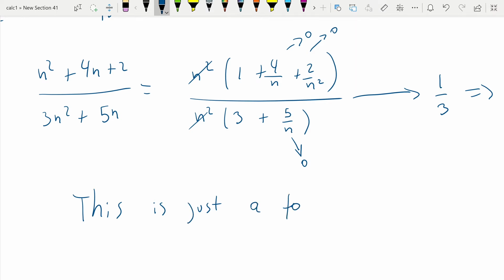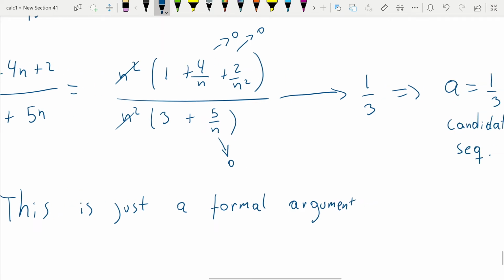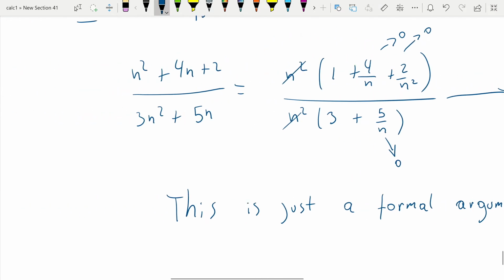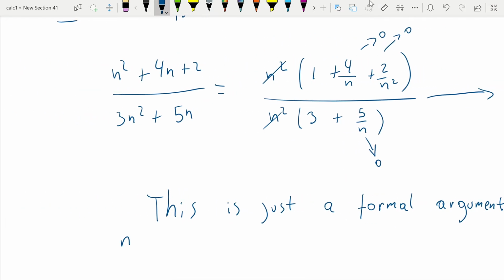At this level, this is just a formal argument. This is not a proof